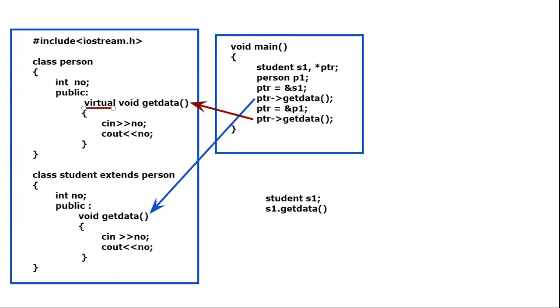Ma'am, what does the arrow signify? The arrow syntax: if you want to call the member function along with the object, then we use the dot operator. But when you call a member function along with a pointer object, we have to use the arrow. We cannot use the dot operator. For the arrow, use the hyphen and the greater than sign, so that becomes your arrow. Okay, so this is the virtual function. If you want to take a screenshot of this, you can take it.